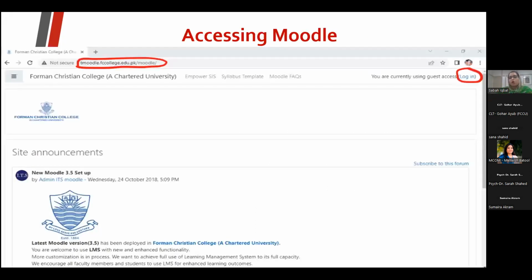Then how you can access Moodle. You can simply access the web page that the link is given to you. It is highlighted, as you can see over here. That is teammoodle.fccollege.edu.pk. Once you enter this URL, you will get to this home page. That is the Moodle homepage. Now you can log in from this option. Once you click on the login button,